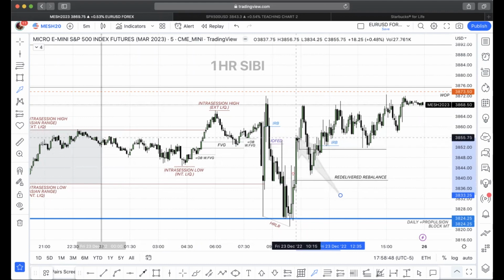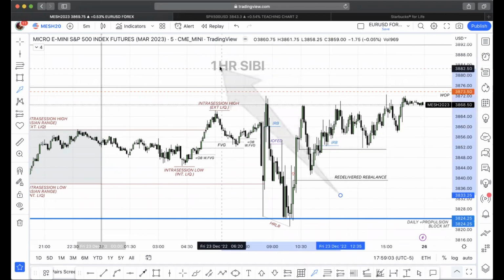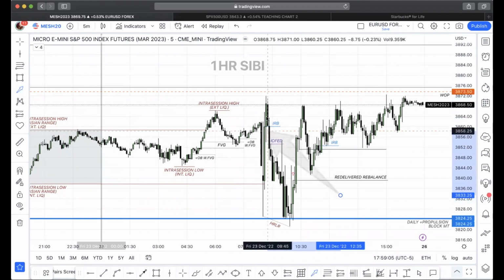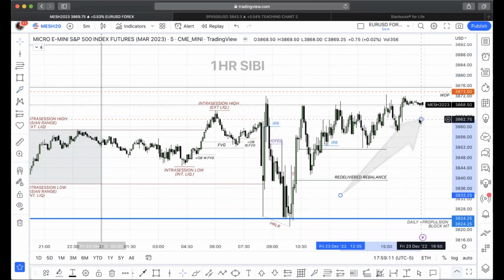It happened in like 2 minutes, and then they redelivered and rebalanced to that level. Beautiful execution. This was the highest probability buy, followed by the order blocks that just kept on forming. If it was any other day besides Friday, this would have come and filled up into the 1 hour SIBI. But because the market profile was seek and destroy, after they did all of their business over here, they left you in a full-on bullish buy side of the curve, leaving us in the most high probability time of day,